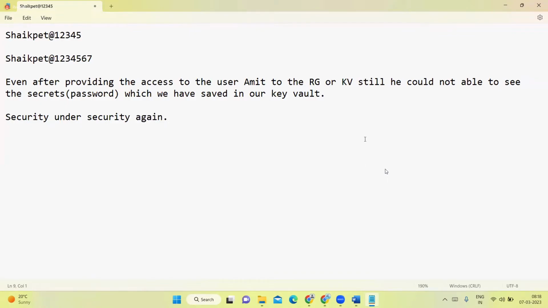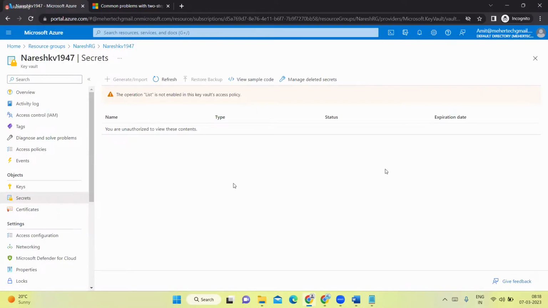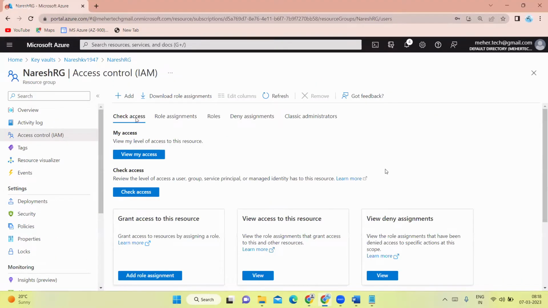Full security. See, after providing access to Amit user for the resource group or key vault, still the secrets are hidden. Firstly, Amit user was not able to see the key vault itself. We have provided the access, and now he is able to see the key vault. Is he able to see the secrets inside this key vault? No. Whereas if you go with the global admin user, yes,